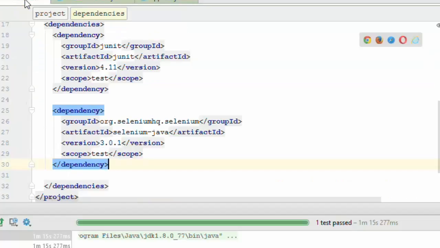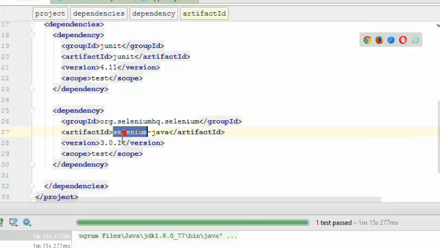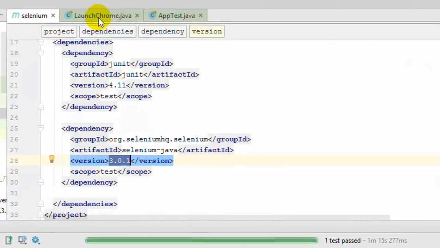So let me explain to you what that dependency is once again. This is the dependency for Selenium in Java. This is the group ID, this is the artifact ID, and this is the version, and we have given the scope as test. So over here